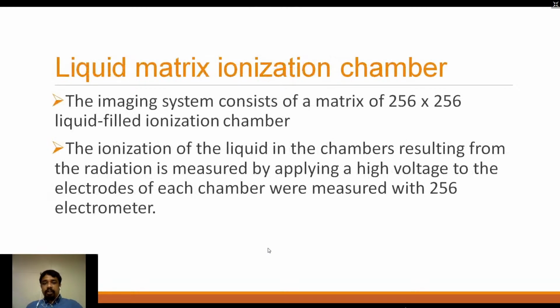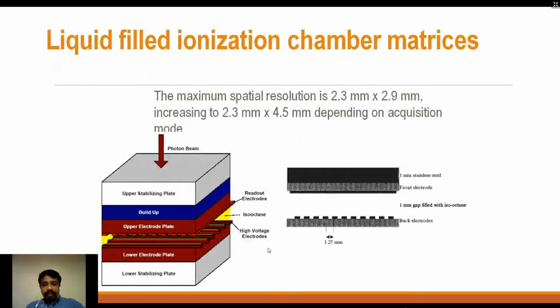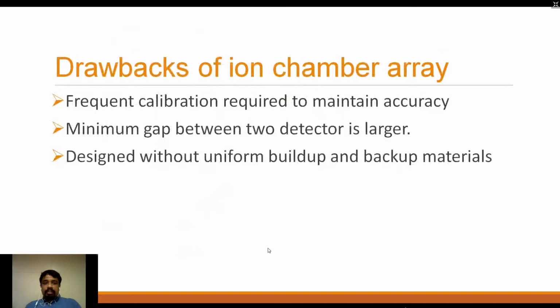Then they started with a liquid ion chamber matrix, where you have a matrix of chambers, and when the X-rays fall, the collected ionization is converted into an image. But the problem again is the resolution of the images. It's about 4 millimeters, which is not sufficient for good quality image data. If you want to find a very hairline fracture, a 5 millimeter resolution is not really good. The main problem is we need frequent calibration, the resolution of the detector is much larger, and it's not built with a uniform build-up,